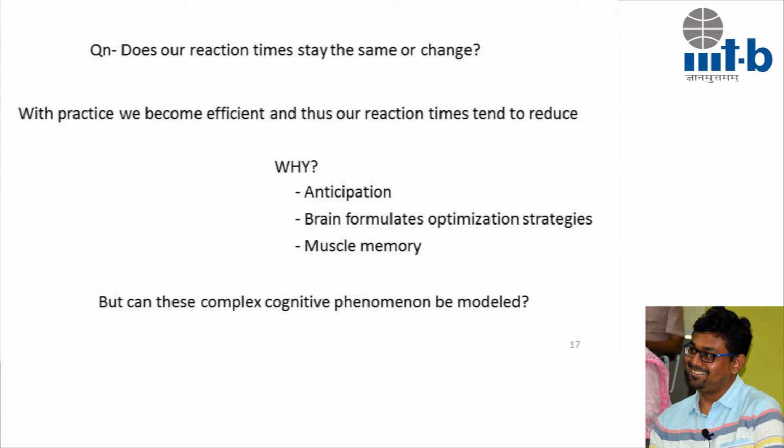That's right. There are a lot of complex phenomena which happen inside the brain, with which you are finding out shortcuts. You are able to remember things. You are able to remember patterns. You can anticipate things, and a few of these things become your muscle memory as well. Yeah, there is a question, sorry.